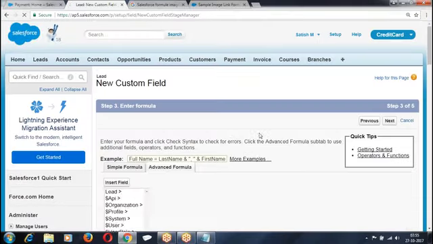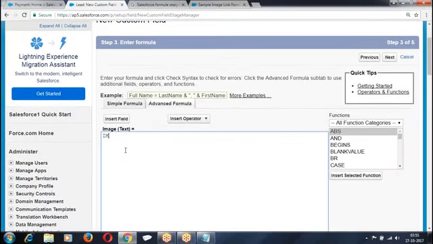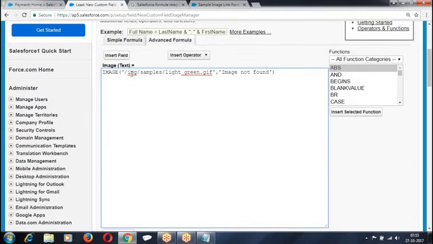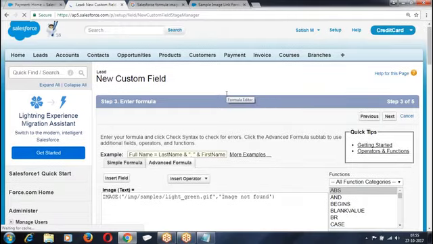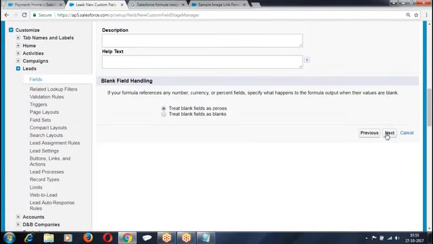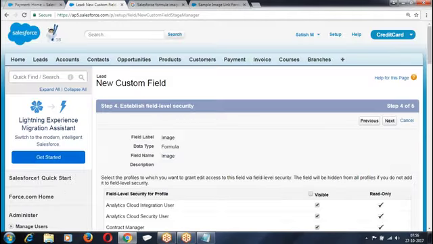Go to the next. I'm going to give IMAGE, the URL of the image, comma, "image not found". In case the URL is not working, I want to give a message called image not found. No error. Next.